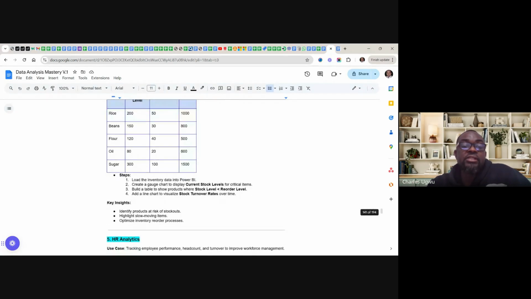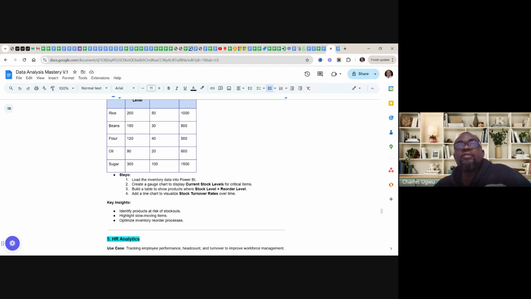The insight is to identify the risk of stock out. Your key products are where your money is coming from, and you don't need to run out of them. You don't need that kind of risk.